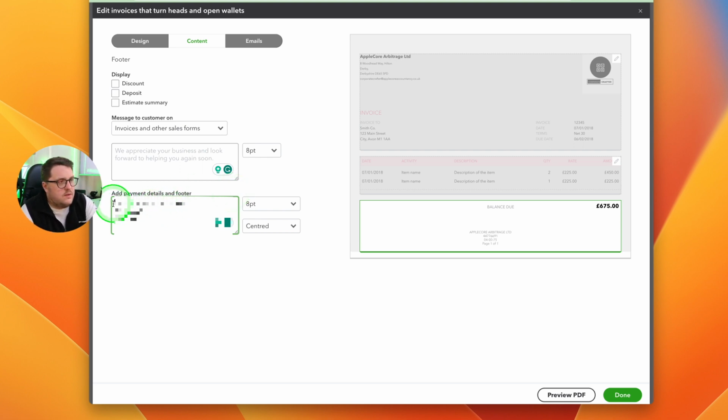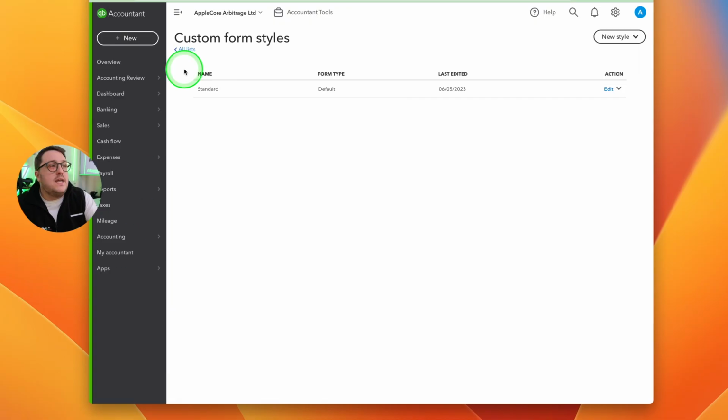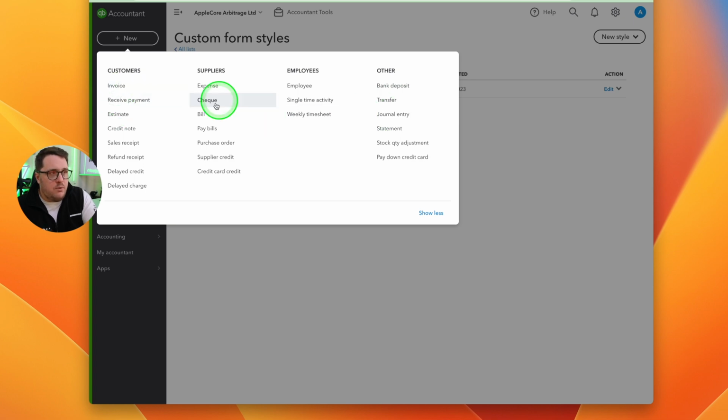So I'm even going to do this. I'm just going to make sure that it says beneficiary. The reason for this is because we're going to generate an invoice from here. One of the disadvantages of QuickBooks is there's nowhere to store payment information. So when you've got third-party apps, normally you're going to have to go through a bit of rigmarole to make payments. In this case though, if I generate a brand new invoice, knowing that I've now put my information